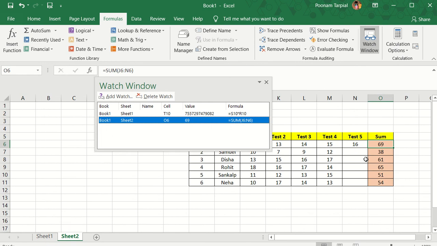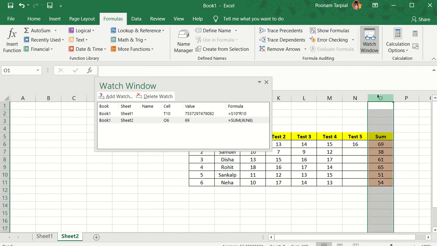So this window is keeping a watch on the specific entries that you would like to be highlighted, so that you get an instantaneous report, and that is what the watch window in Excel is used for. As I've already stated, you can apply this watch window either on a specific cell, or on a particular column as well. If you want to apply it on a column, you can highlight it, click on watch window, then click on add. The entire row or column is going to be listed over here.